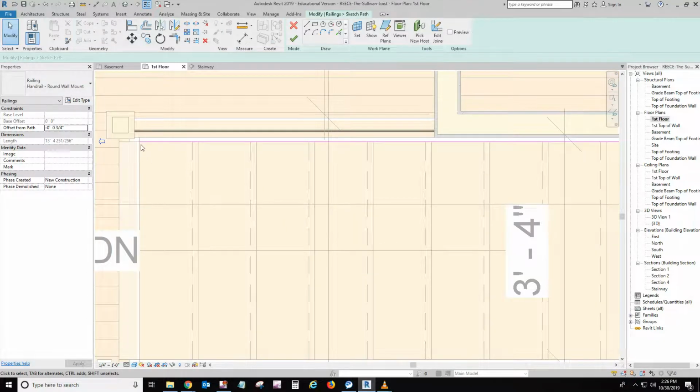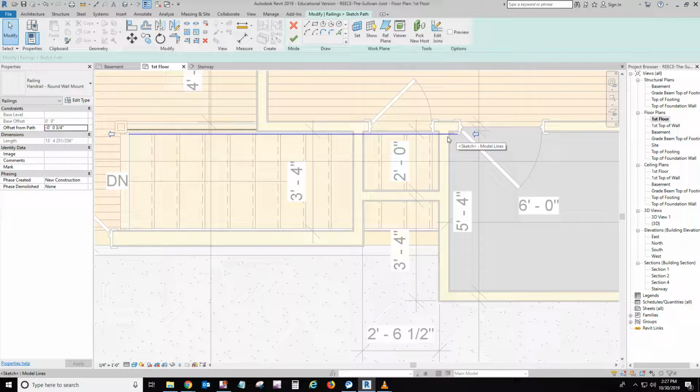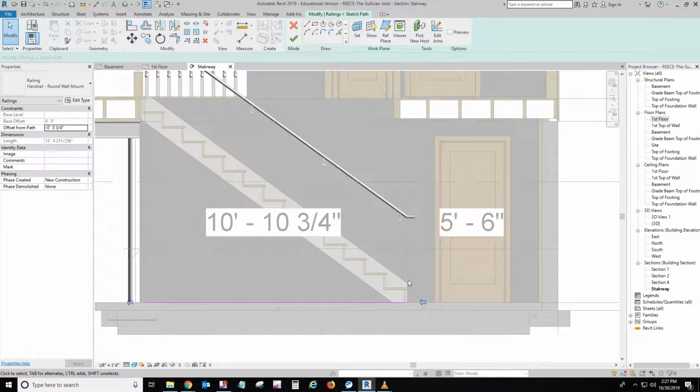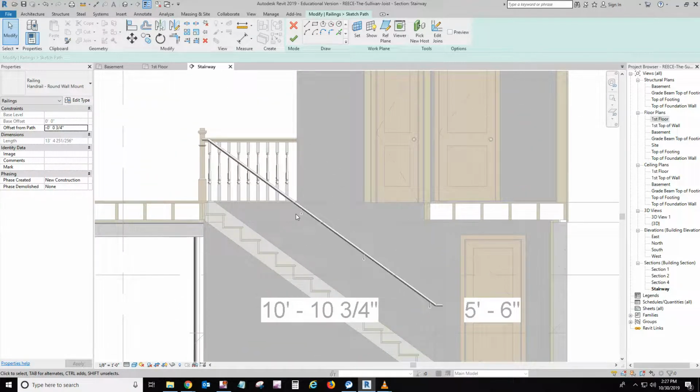You may have to play with your path so that the return comes into our newel post here, and it goes far enough down on the bottom side so that it's somewhere close to the front of the stairs. You may have to go over a little bit, whatever. But it's just kind of playing around with it. Now the